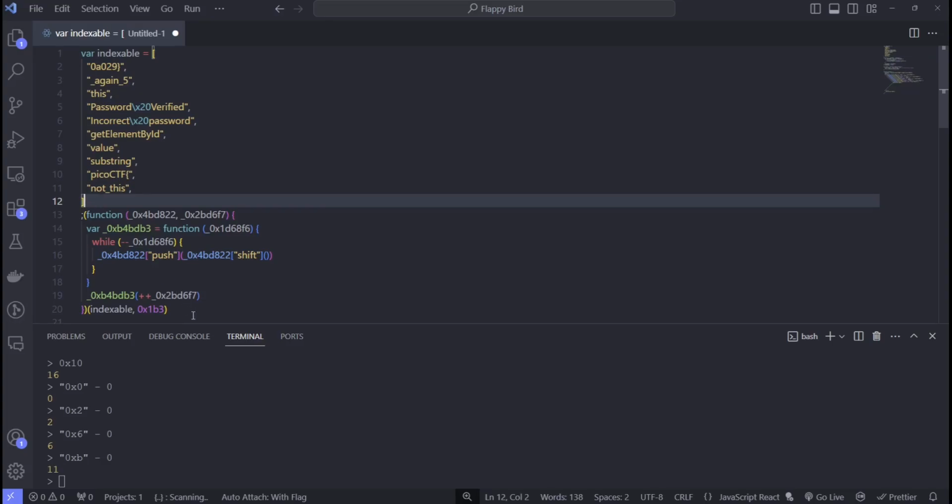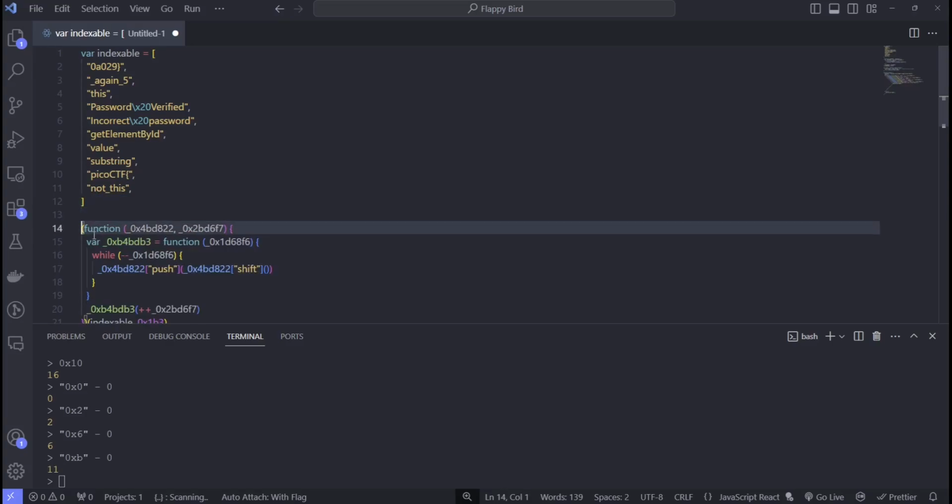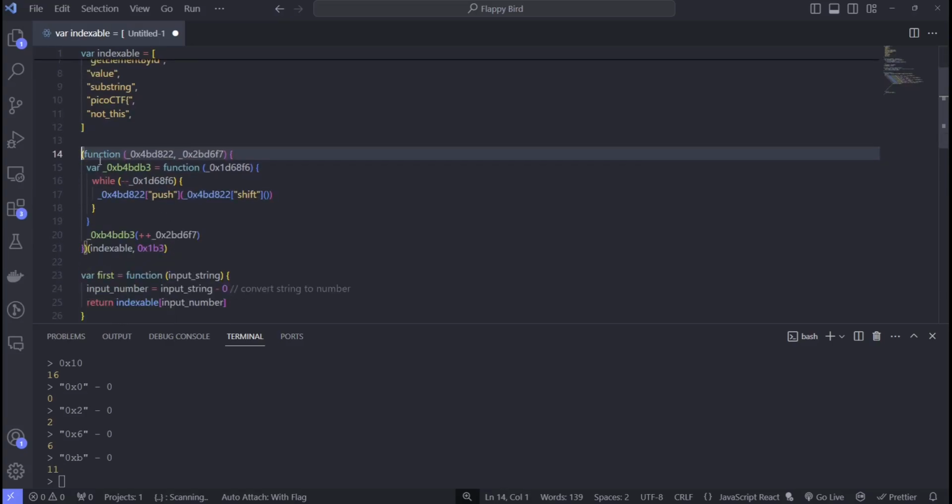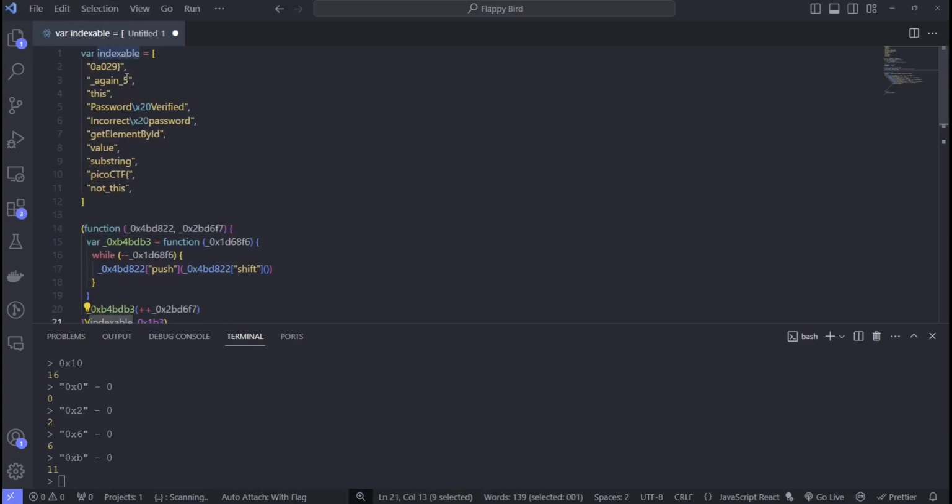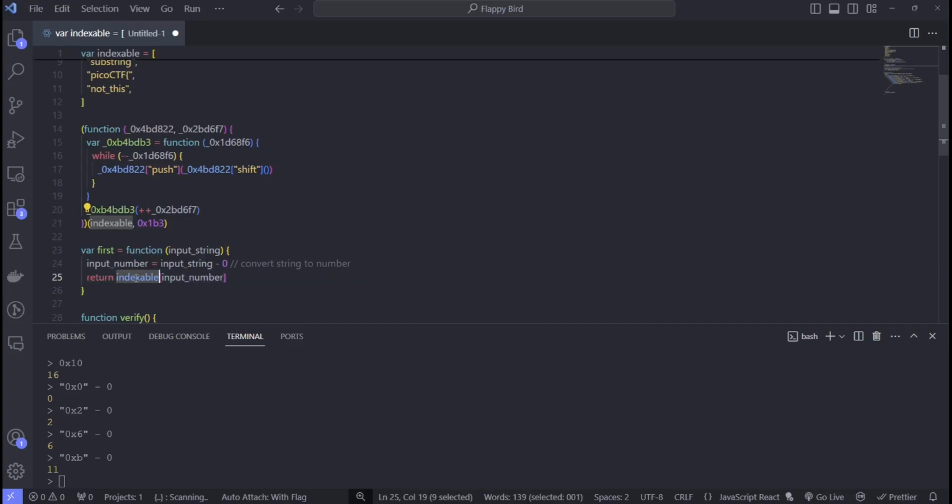And then here we have a self-executing function. It's kind of a weird thing in JavaScript where the function declaration is being defined and then immediately executed with these inputs. So we have the indexable list here. If I could just call that list instead. Then we're adding this value, which is, let's see,